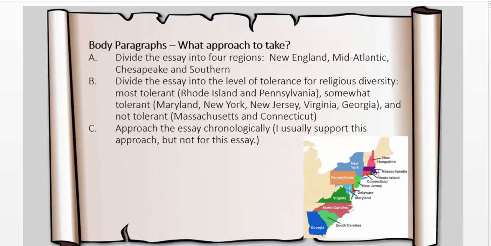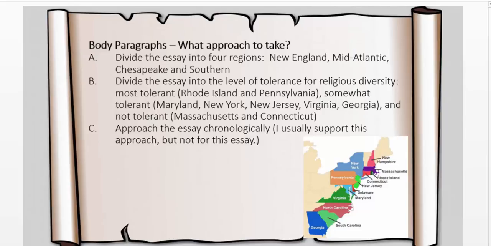The Chesapeake, which would be Virginia and Maryland. Southern, which would be North Carolina, South Carolina, Georgia. That's one way you could divide up the essay. Another way is you could divide it up based on the level of religious freedom and tolerance that you believe